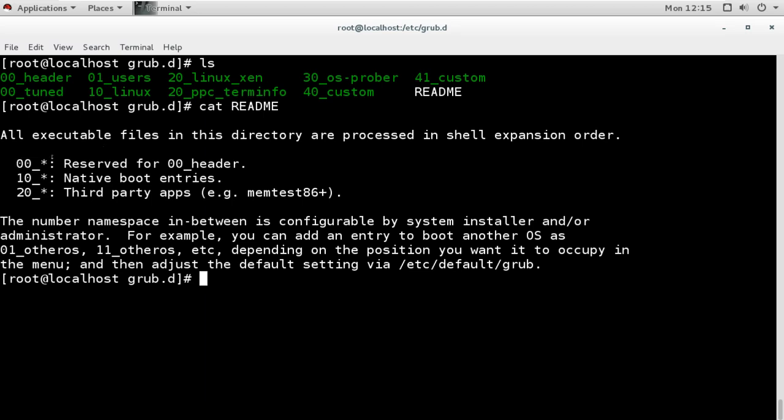According to that, they have made these configuration files. So all the 00 files are reserved for header information. Whatever header information we have is under the 00 configuration files.